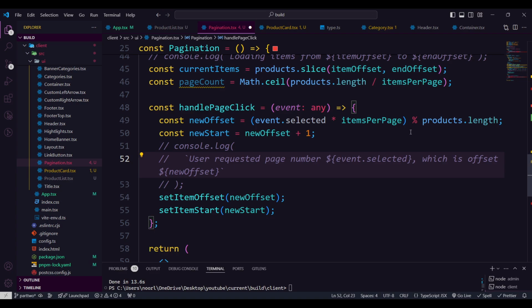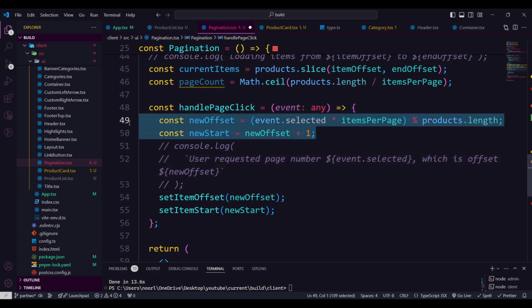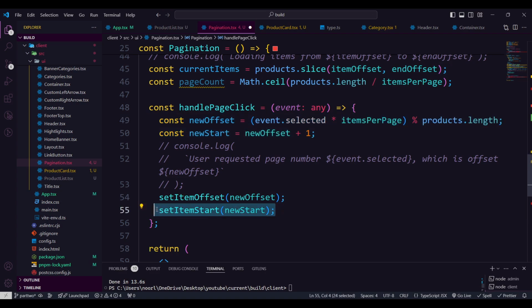So per page we define with that percentage, it's just going to compare the length. If it finds that some of the items are available, then we just do it with the new start, and set item start is kept with the new start, set item offset is created with this new offset. If I explain all of this, the video is going to be much longer. So what I'm referring you to is React Paginate: read the documentation and you will understand much better, and also try to implement it in another project rather than only this one, which can be really helpful